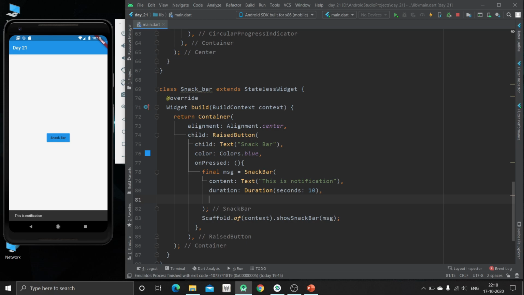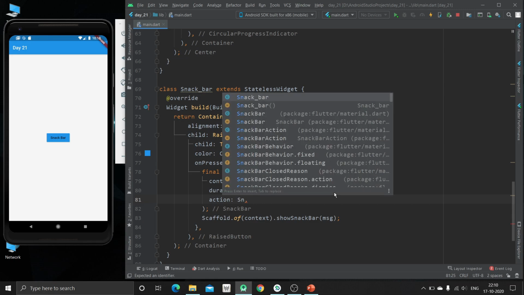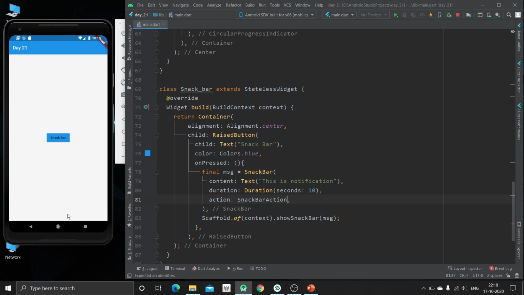Now also some other properties are like actions. We can specify the actions, like if we want some button or some type of action to be performed on clicking the message, at that time we can use this action attribute, and inside this snack bar action we can specify the label, on press, disable text color, and anything we want.